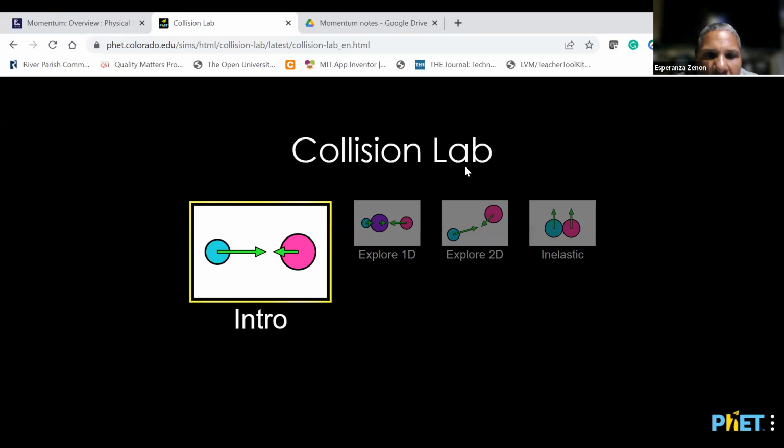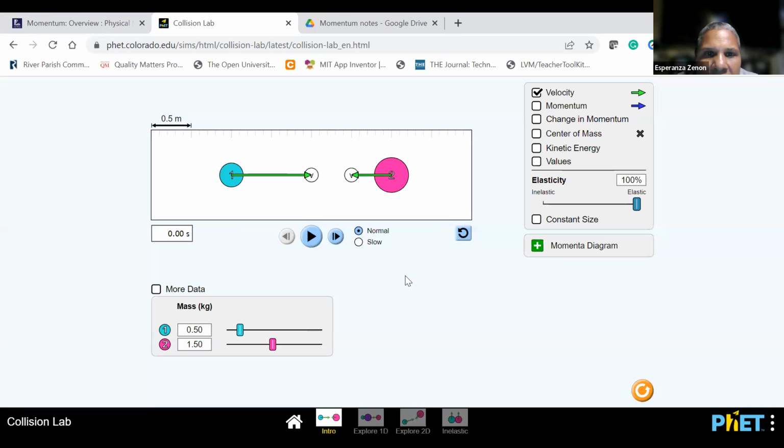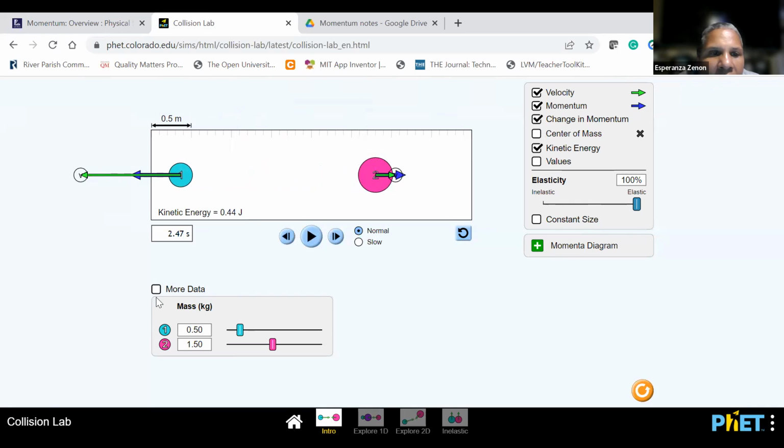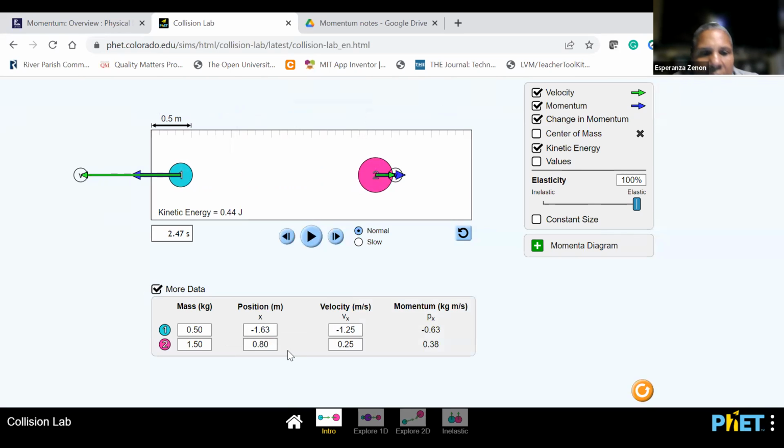the collisions happening, right? So we can just take a simple collision. We want to see momentum. We want to see change in momentum. We want to see kinetic energy. We want it to be totally elastic with a constant size. You can vary those things if you want to and play around with it. And okay, pause it. The other nice thing is if I click that more data, it tells me about the